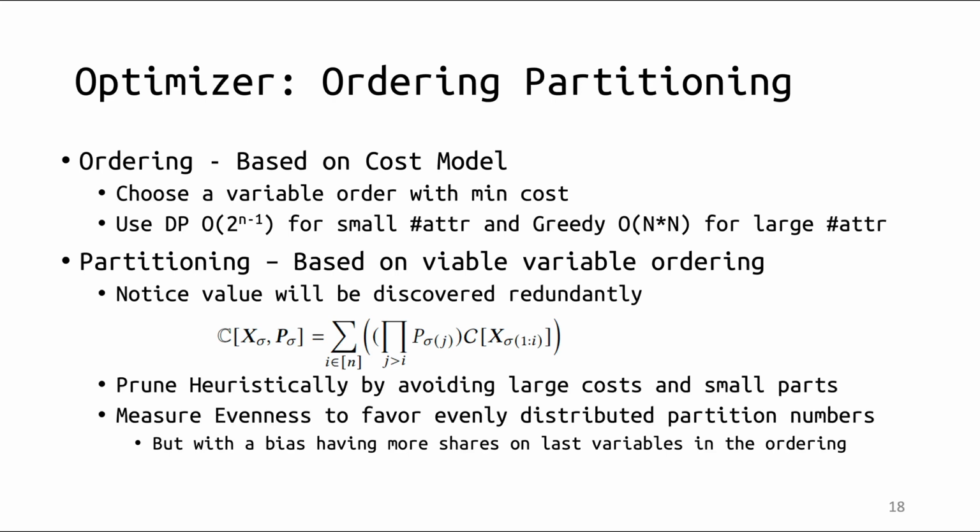To obtain the minimum cost, we either use dynamic programming for queries with few attributes or use greedy search for the other cases. Further, we extend the cost model to account for the partition shares based on a given variable ordering, by considering that some values will be discovered redundantly if we partition on a lower level attribute. Under the extended cost, we prune the possible partition shares heuristically by avoiding both large costs and small partitions. Finally, we measure the evenness to favor evenly distributed partition numbers, but with a bias toward having more shares on the last